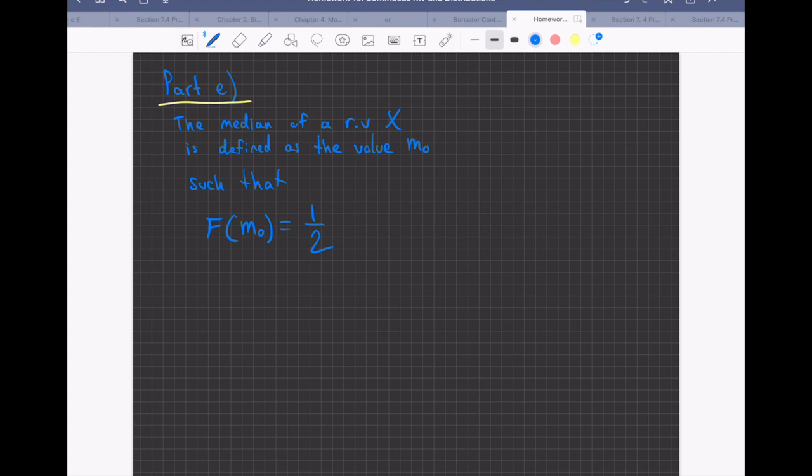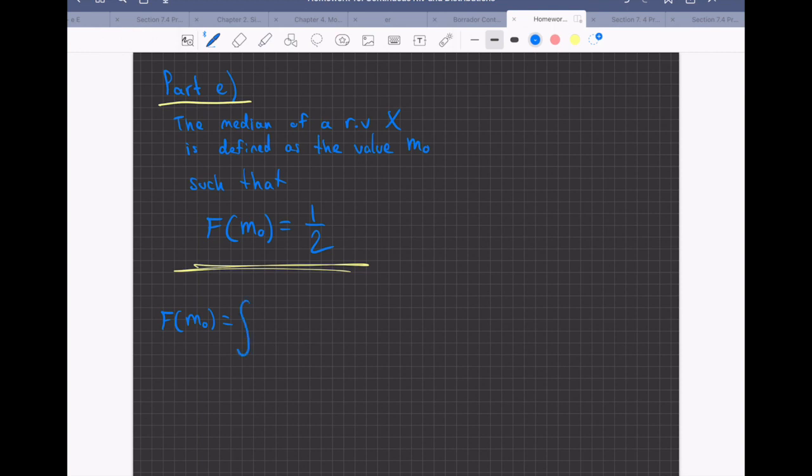It's like the point that is exactly in the middle, such that we have 50% of the total values of the random variable to the left and 50% to the right. But here we have to compute the median. So how do we proceed? Well, use the definition. Start with this equation, F of m0 equal to 1/2. So we have F of m0